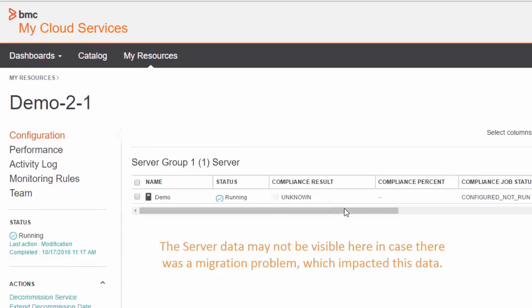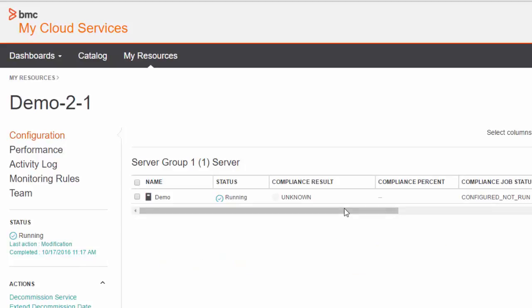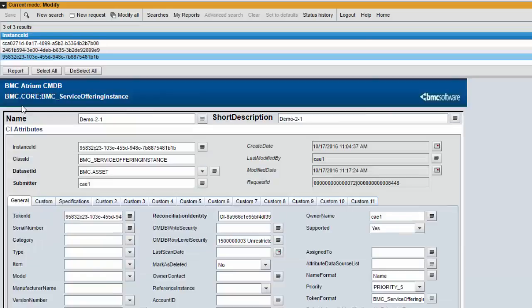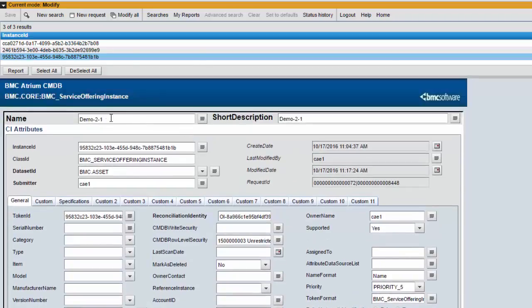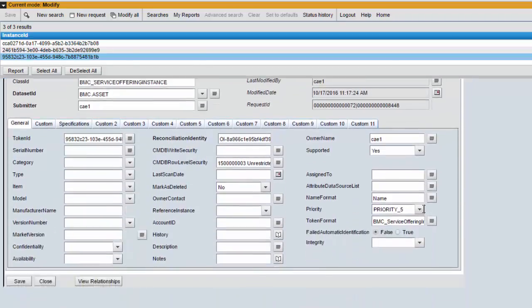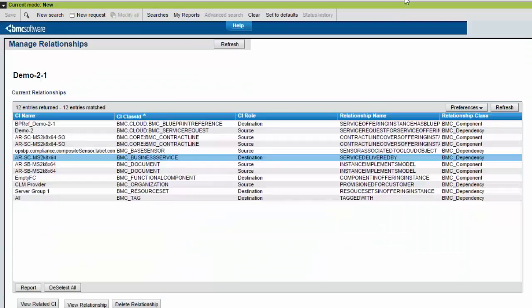The other scenario is that you may see this information in the legacy console, but not on the end user portal. To fix this problem, the first step is to make sure that the service offering instance has a valid relationship in the backend. So for example, if you switch to bmc.core:bmc_service offering instance, and here is my SOI name, demo-2-1, make sure that it has a valid relationship with